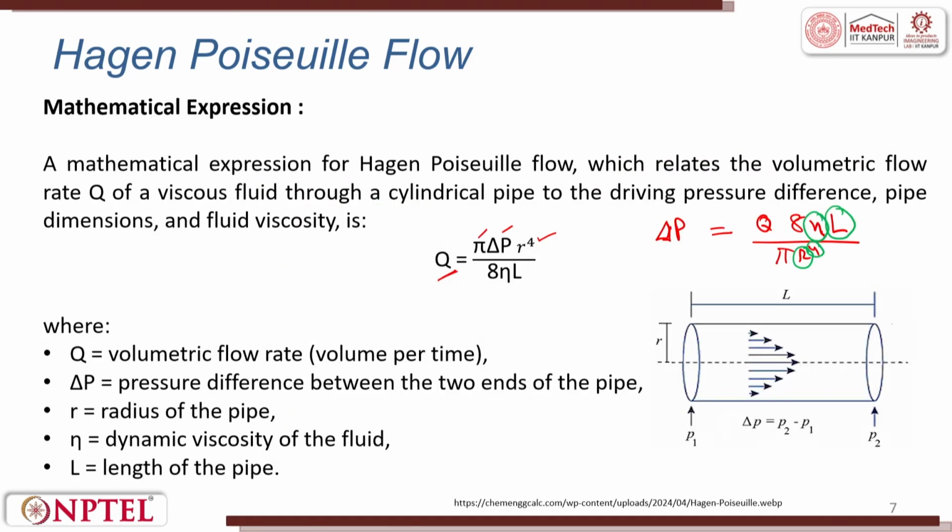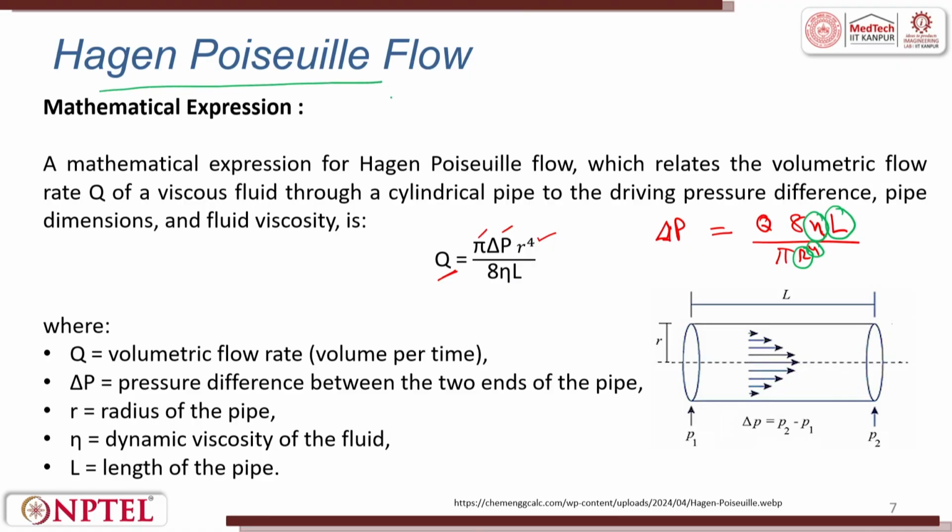And when these theories are developed, they are developed through certain experiments, and when those experiments are replicated and have interchangeability, it becomes a theory. This is how we turn an experiment into a theory when it is replicated multiple times. So, Hagen-Poiseuille, as a scientist, developed this theory and this relationship between the volumetric flow rate and the pressure drop, radius of the pipe, dynamic viscosity and length. So, we see here R is the radius of the pipe. P1 and P2 are the inlet and outlet pressure. The delta P is the difference between these two, that is P2 minus P1.